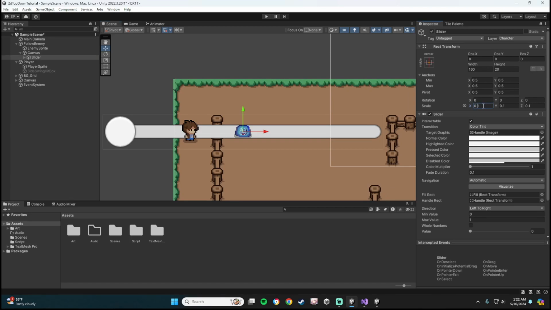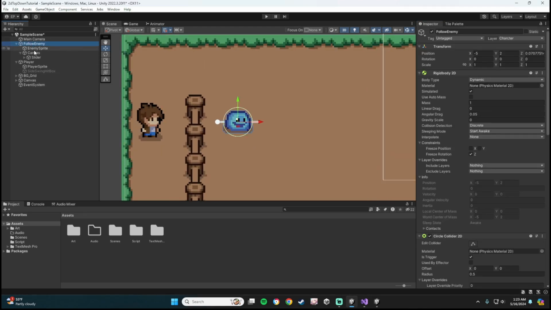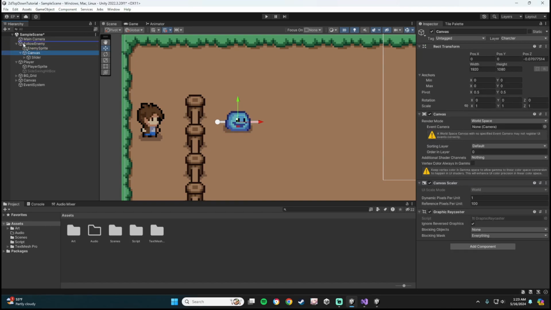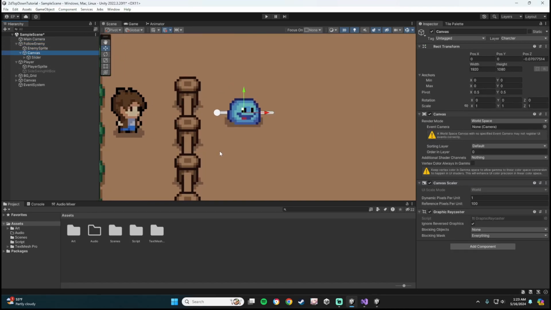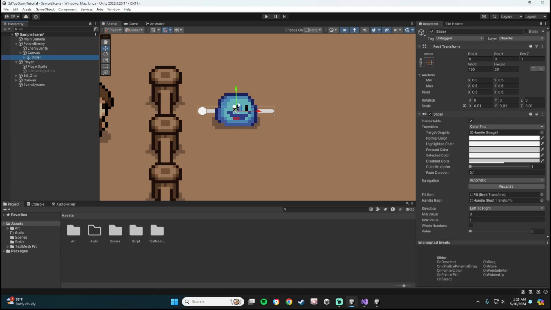So we can do 0.01, 0.01, and 0.01. And I want this canvas to be a child of the follow enemy, so make sure it's underneath the follow enemy in the hierarchy. And then I want our slider to be right there,